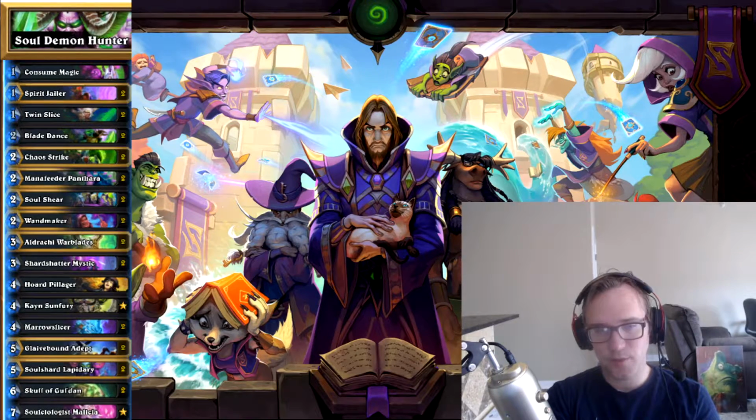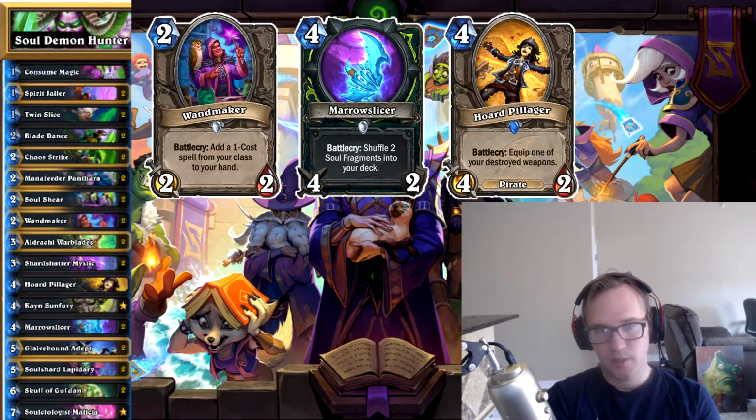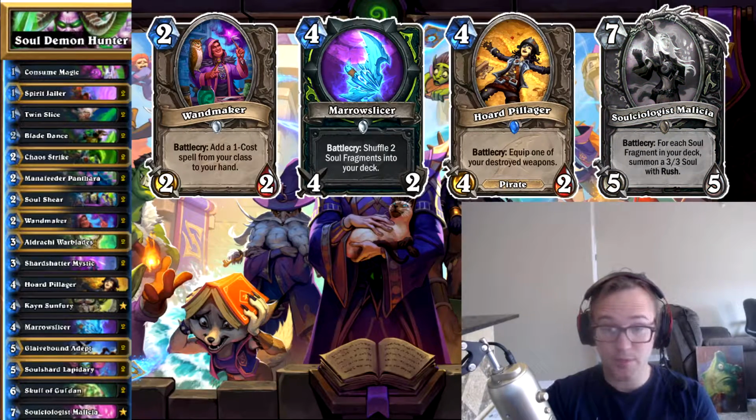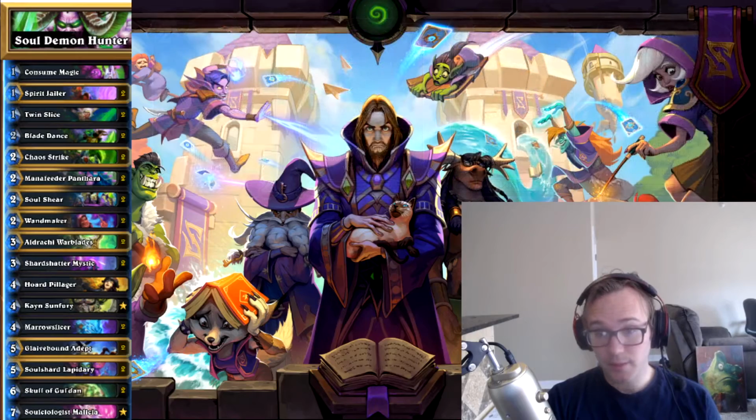And then after that, there's some conditional things. Let's say you're on coin, you're playing against Bomb Warrior, and your hand is Wand Maker, Marrow Slicer, Horde Pillager, and then let's say Sociologist. I might just throw away the Sociologist and keep both the other things, because I can go Wand Maker on 2, coin Marrow Slicer on 3, and then second Horde Pillager on 4. So you would never keep Horde Pillager normally, but knowing that matchup,